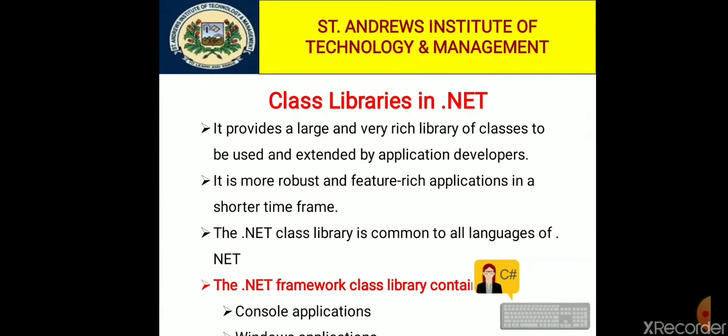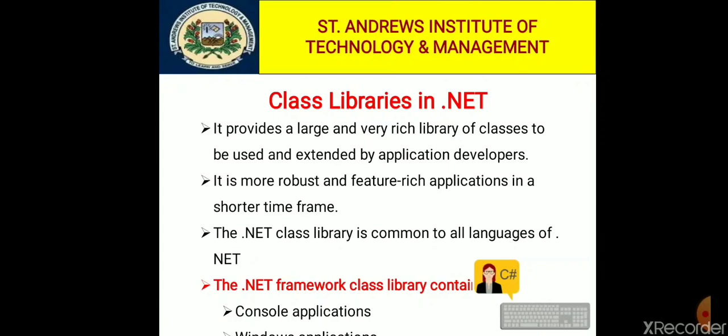So let us start. Class libraries in .NET provide a large and very rich library of classes to be used and extended by application developers. Reuse and extension of these classes will allow developers to be more productive, and build more robust and feature rich applications in a shorter time frame.